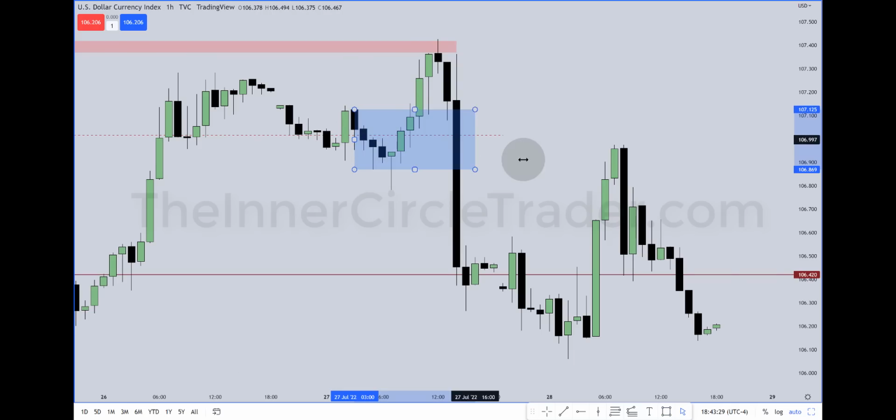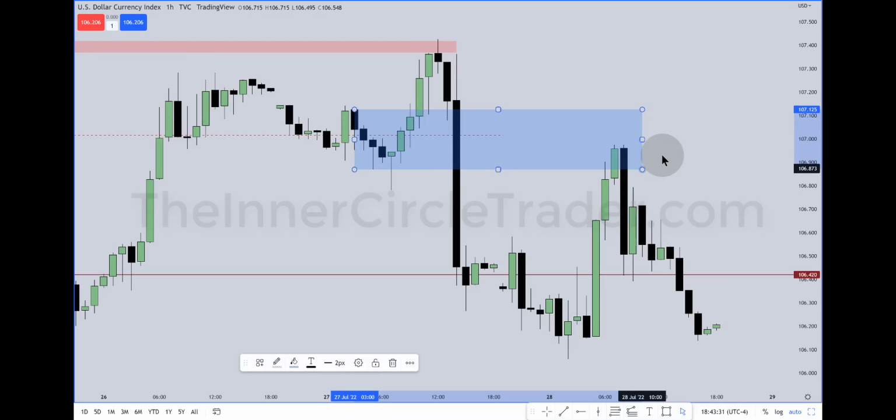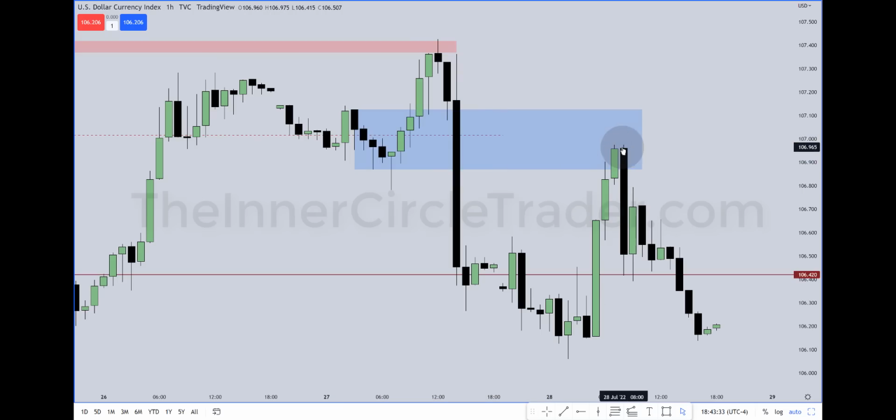Extend that out in time. The market trades right up into that. It does not need to completely close that in because it's trading inside the breaker. Hits it, rolls over, and below this low here, that's the next sell side liquidity pool, and then into the